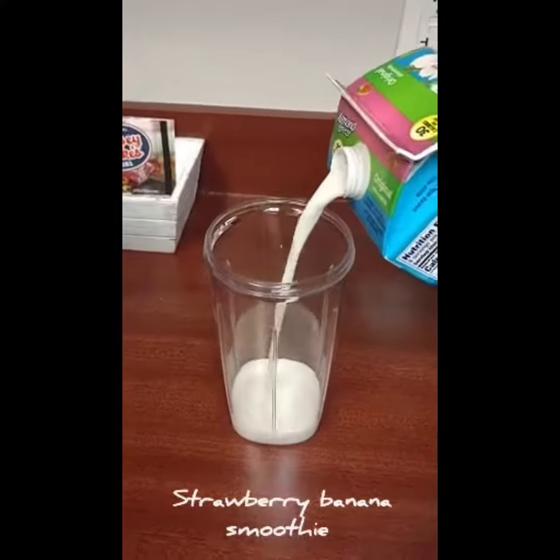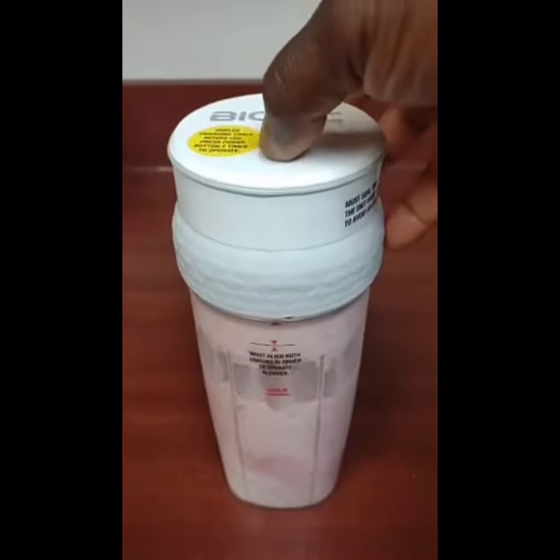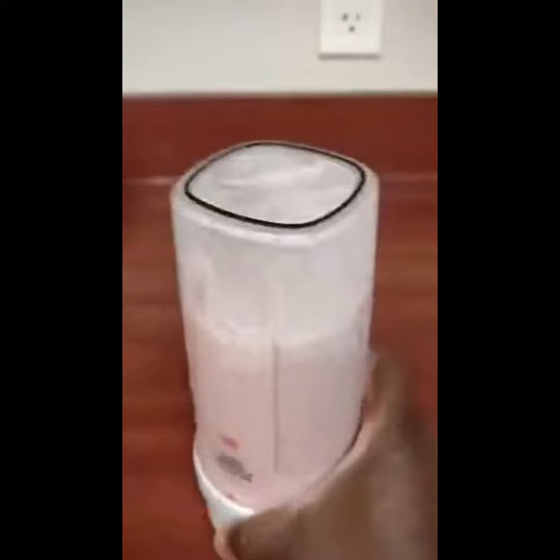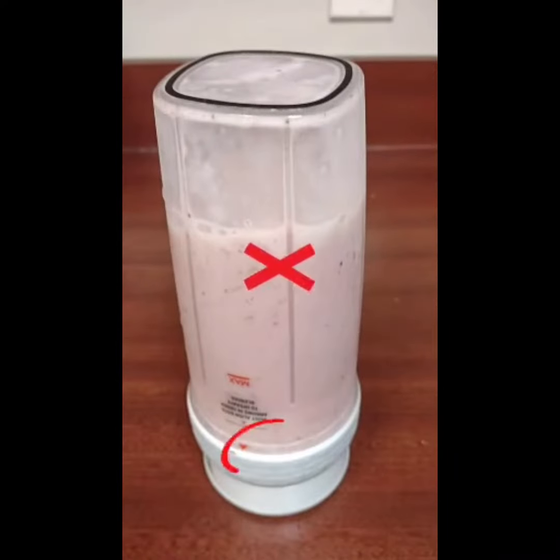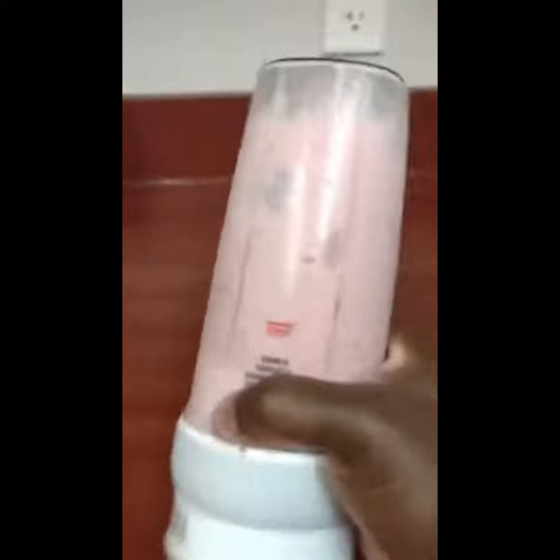Let's give it a test on my strawberry banana smoothie. Push the button twice. I've noticed my liquid base is seeping underneath the blade area. The shake for